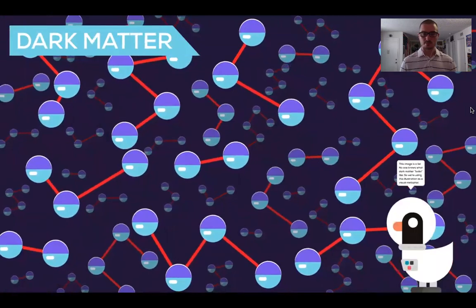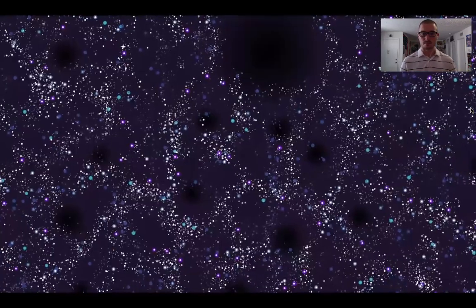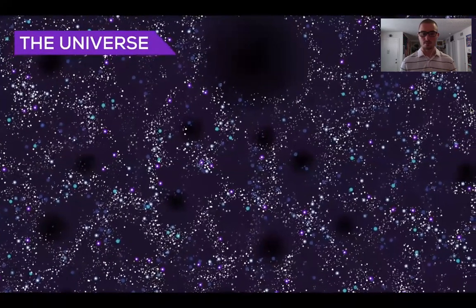Dark matter is the stuff that makes it possible for galaxies to exist. When we calculated why the universe is structured the way it is, it quickly became...